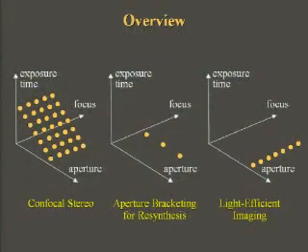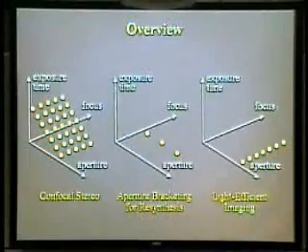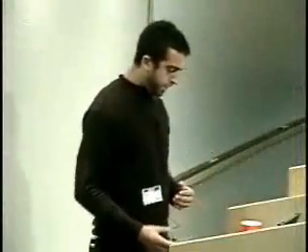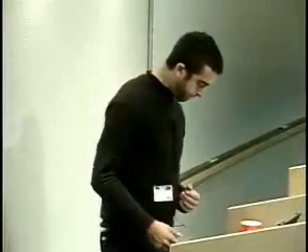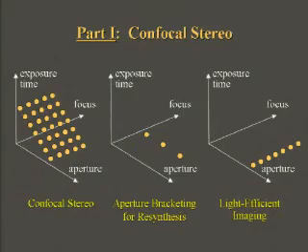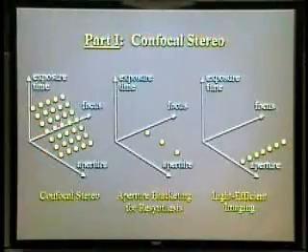So in this talk, I'm going to give 3 different projects that are all based on capturing different sets of conventional photos within this space, and they're all going to be closely related in the sense that they involve analyzing changes in aperture setting. I'll show that in each case, the information that's encoded in defocus can be used to achieve different goals. So in the first case, by manipulating both aperture and focus setting, capturing a large number of images, holding exposure time approximately constant, we're able to achieve 3D reconstruction at very high levels of detail.